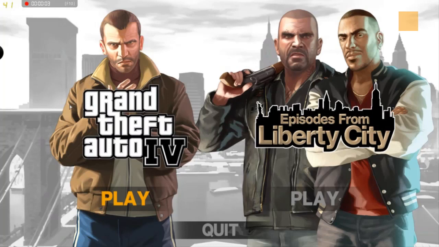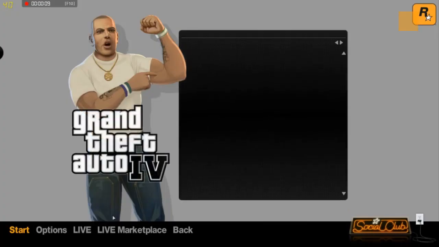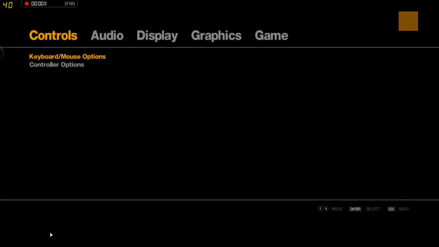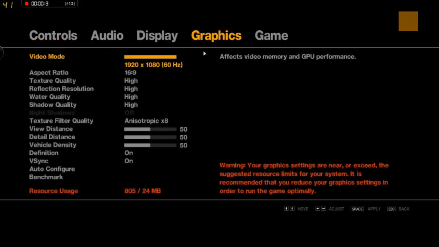Okay, so here we are, got the Grand Theft Auto 4 game started up. One of the things I wanted to show you was in the graphics options. So you'll see that we're playing the game at 1920 by 1080. I've set most everything to high that I can within reason, I guess. But the one important thing I wanted to show you, after doing some of the trickery that we did earlier